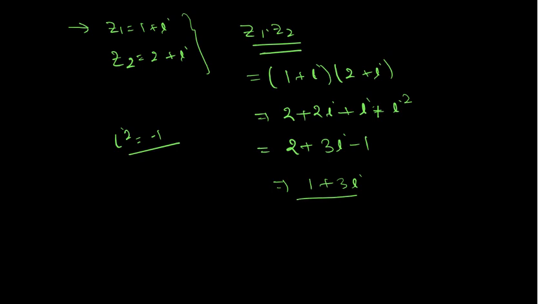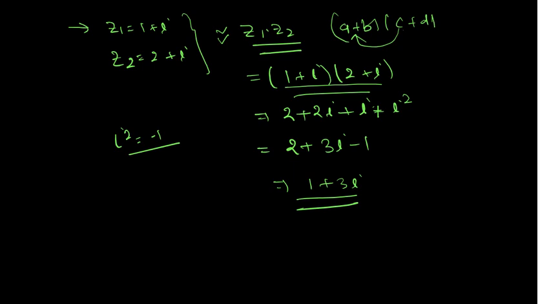So in case of the multiplication of two numbers, you have to follow this rule. It is simple: if you want to multiply a plus b with c plus d, what do you do? c multiplied by a, c multiplied by b, d multiplied by a, d multiplied by b. This thing you have to follow. Same thing you have to follow in case of complex numbers. Correct? Now complex conjugate. Next part is complex conjugate.